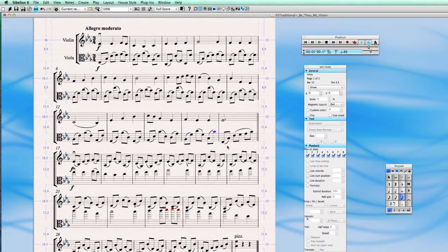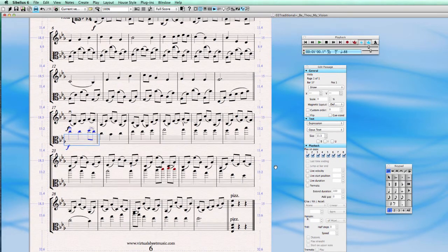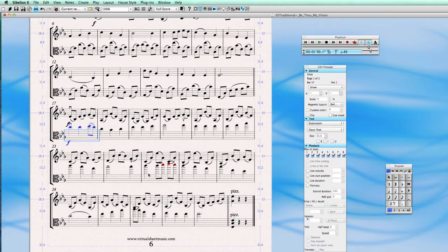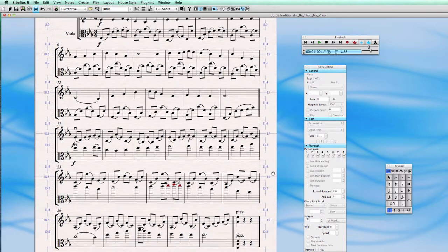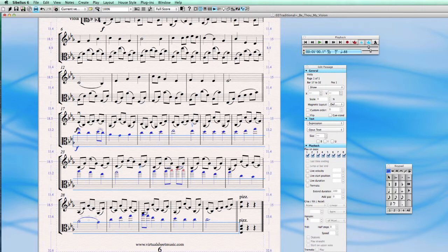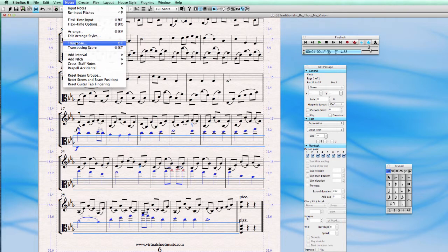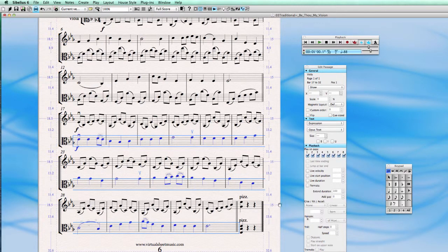Everything is within the range, except this seems to go a little bit high, and this is really high, or we should use another clef. But I think if possible, I'd rather stay in the normal range as it was with the cello. So I put this an octave lower again, notes, transpose, and this one I do down, and now it looks